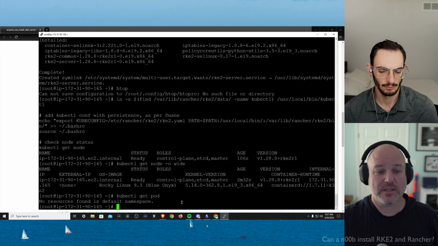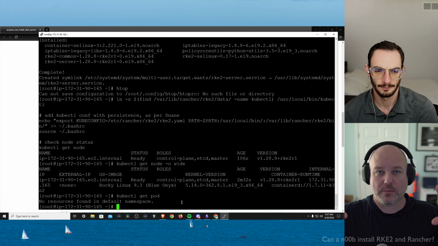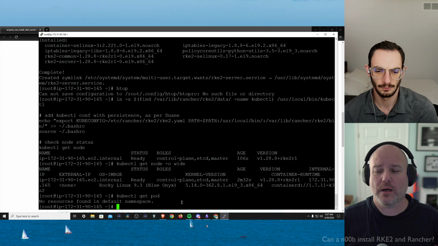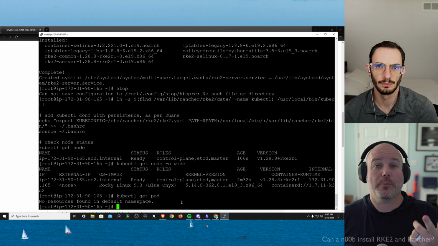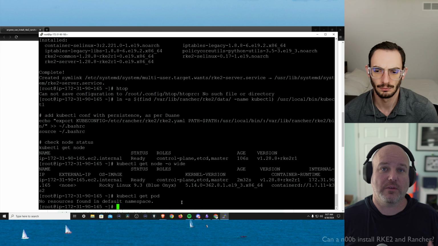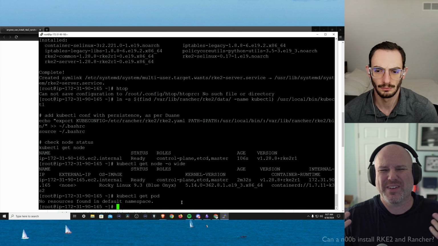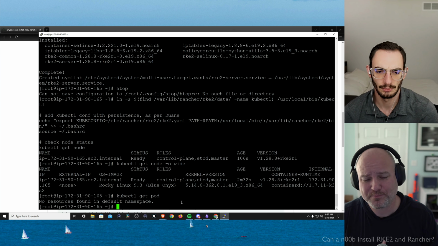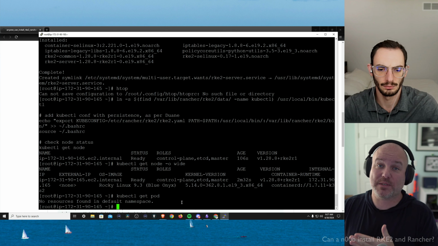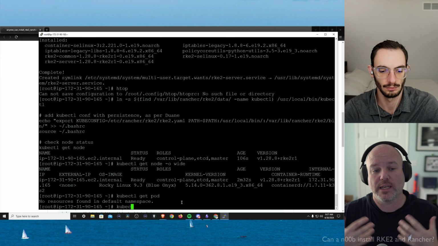Notice it says no resources found in the namespace. One of the things Kubernetes does is provide logical separation called namespaces. Think about the apartments in a building, where things are logically separated by floor. Think of a namespace as kind of like a floor. So we can do kubectl get namespaces to see what floors, what namespaces, we have.